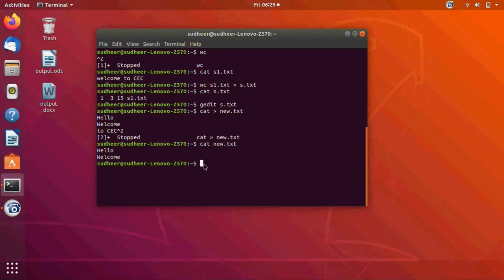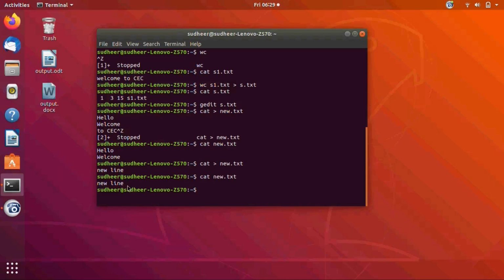Now again I am trying to add 2 more lines into the same file using a single redirection symbol, new.txt. So, new line. Now print the content from the file new.txt.